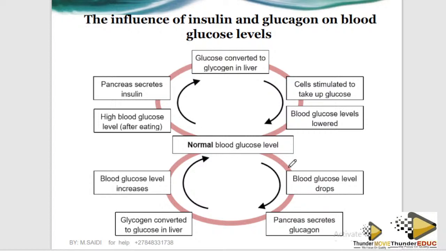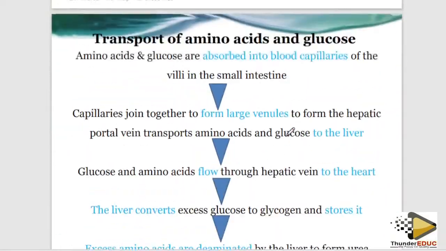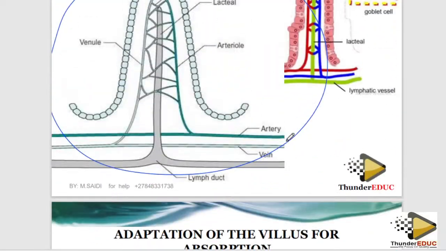Do you know why we bring it? It's because it's also grade 12 work. I'm not saying that it's coming. If it doesn't come now, it will come tomorrow. So make sure that you go to the paper when you know this, the negative feedback mechanism of glucose. And then the structure of a villus plus this